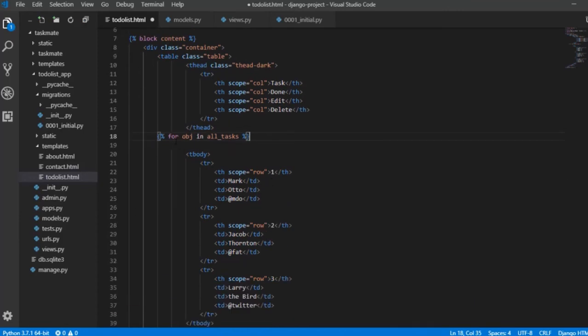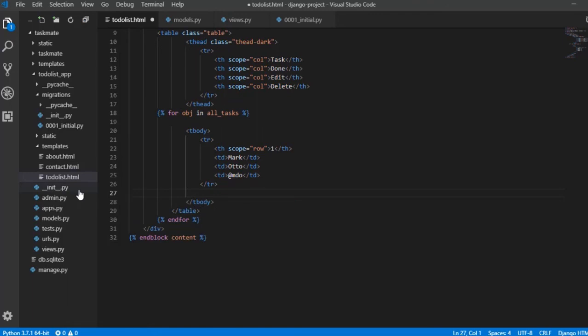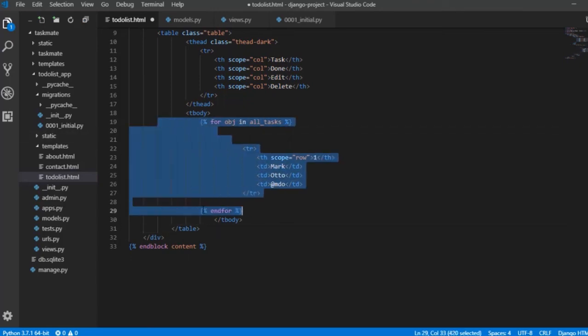This looks fine. Now we have started with a loop. So I don't need this one actually, since it would be repeated by the loop. So I also need this body to be out. So it would repeat only the row part. That's fine. I hope you are not confused. Just fix the formatting.